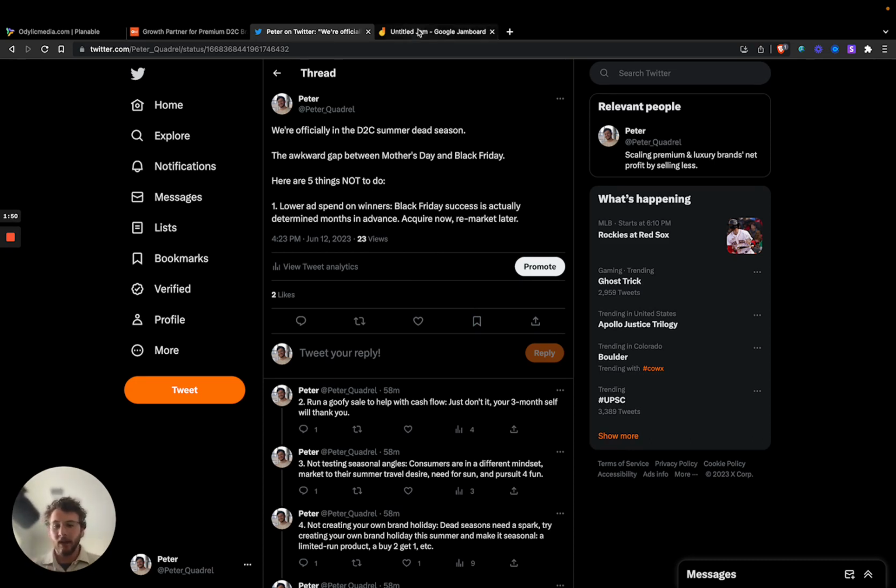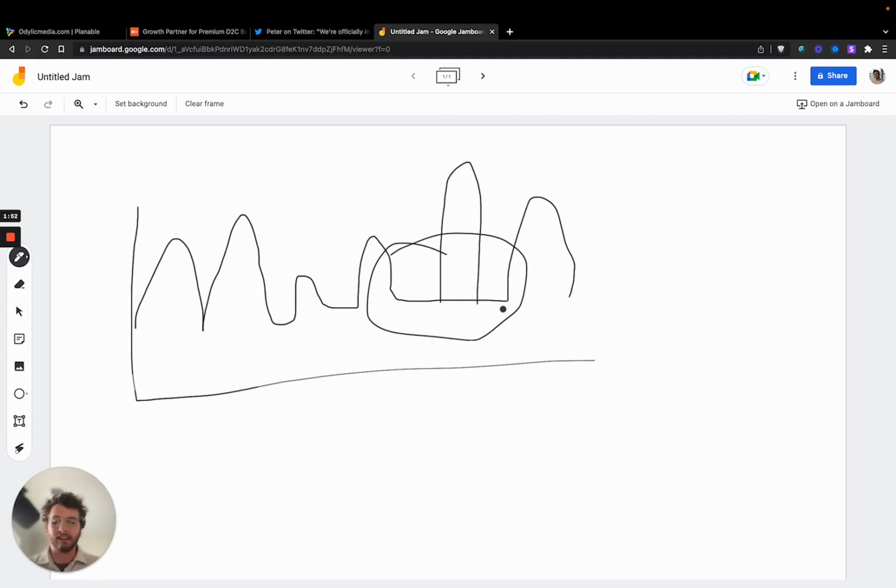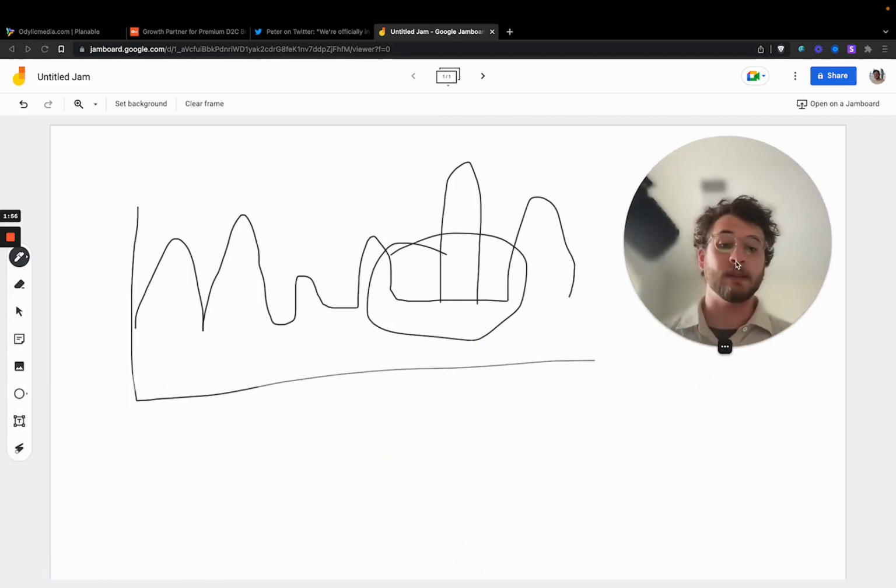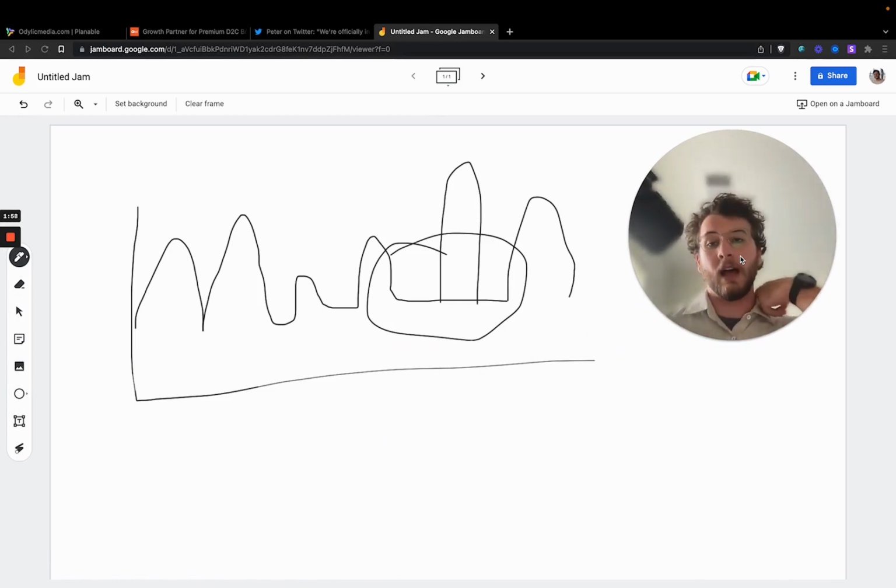A lot of the time people will actually want to lower ad spend during this time. And the reason makes sense: less people are buying, there's less demand, and typically conversion rates drop a little bit. Of course, ad costs are cheaper right now as well because less people are typically advertising, but the conversion rate of consumers is also lower, so that kind of balances out those cheaper ad costs.